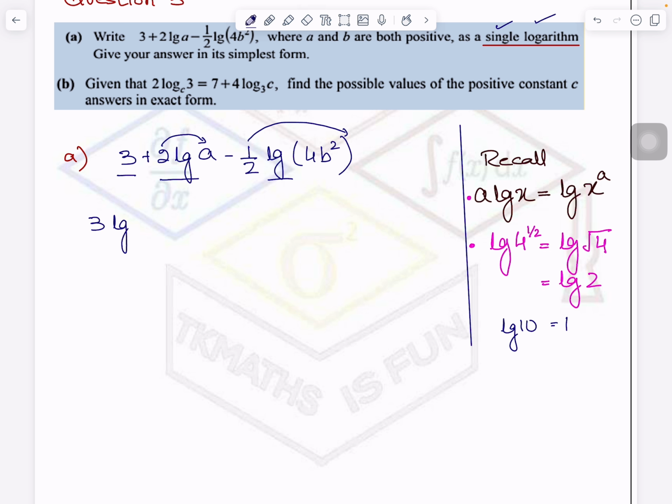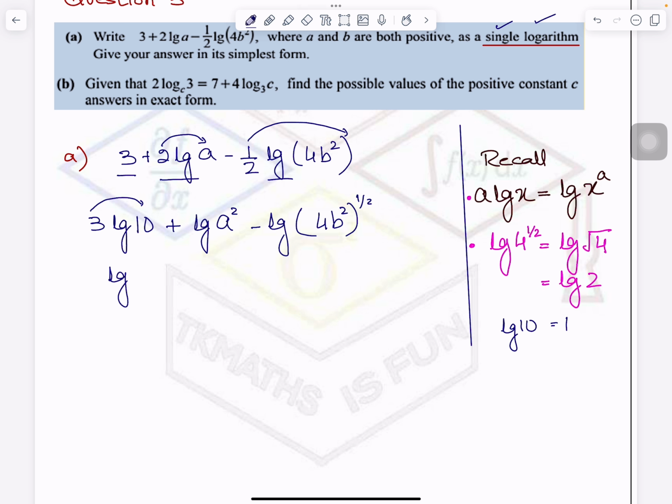So I will write here 3 times lg 10. lg 10 is 1, so 3 ones are 3. It means it is the same question. This will be lg a squared minus lg (4b squared) to the power half. And this 3 will also go here. The reason is then I will have all the terms without any multiplier. It means I can easily apply the product rule and quotient rule,